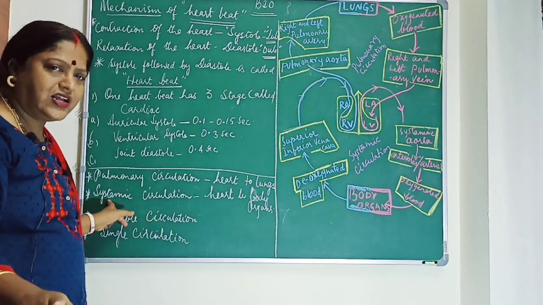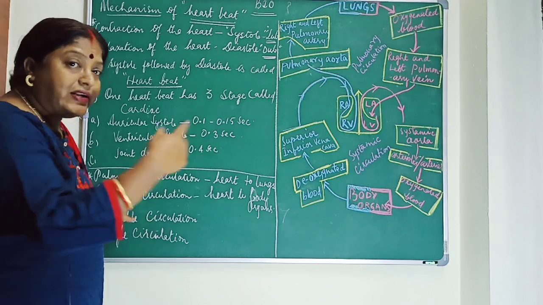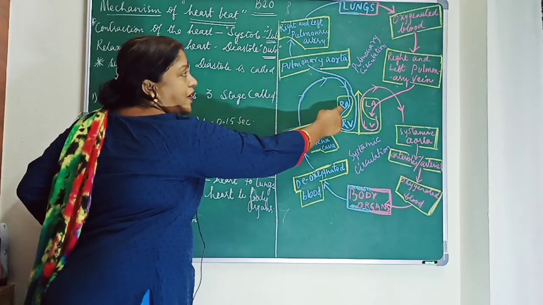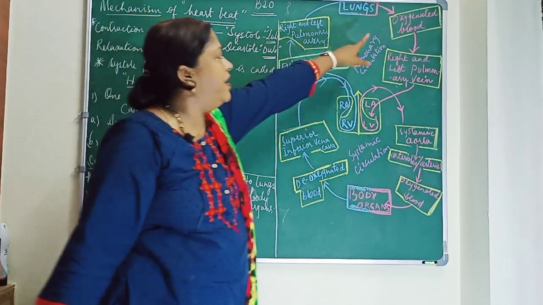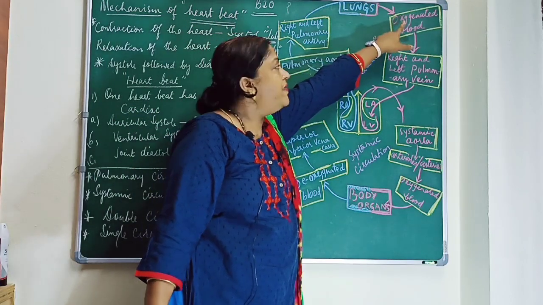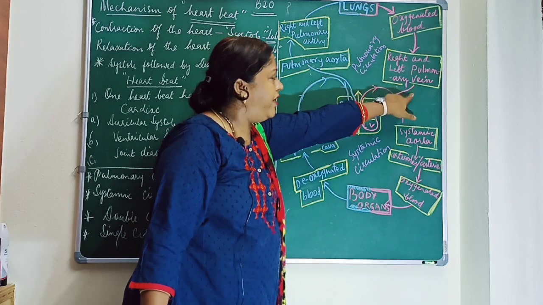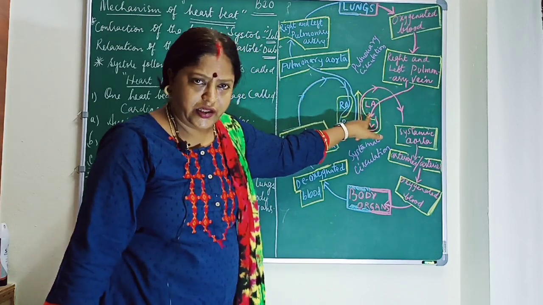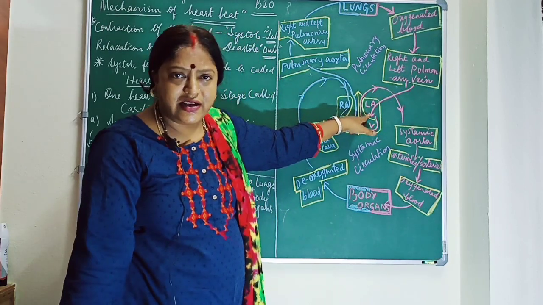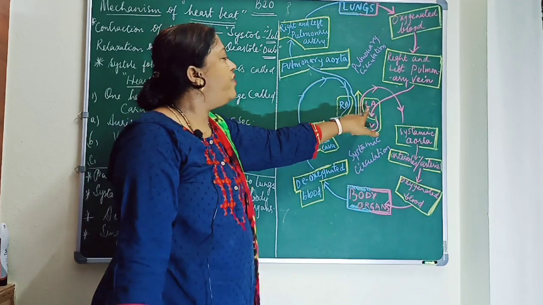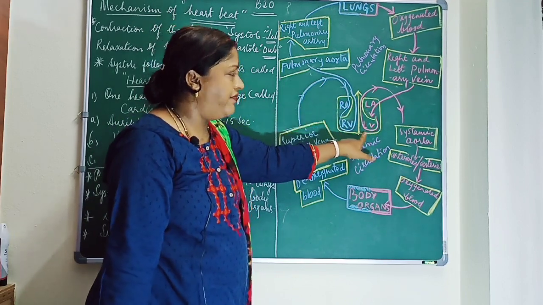Systemic, no, you must always start with oxygenated blood till the right auricle. Okay. So you have to start from here. Oxygenated blood from the lungs goes to the right and left pulmonary vein into the left auricle. Okay. As the left auricle is a center for oxygenated blood. From the left auricle, it goes to the left ventricle.